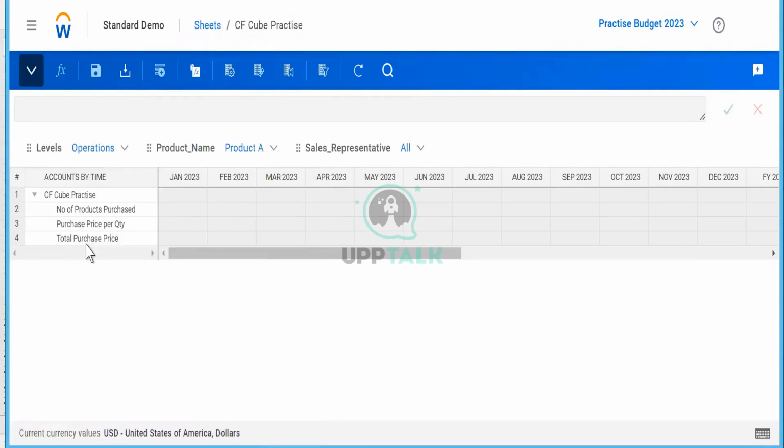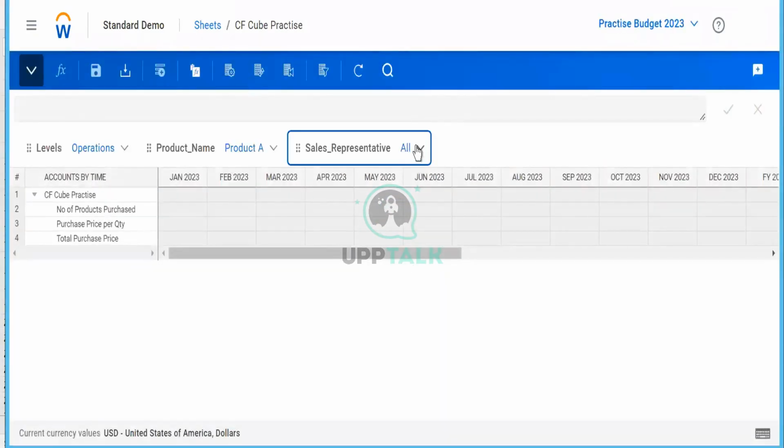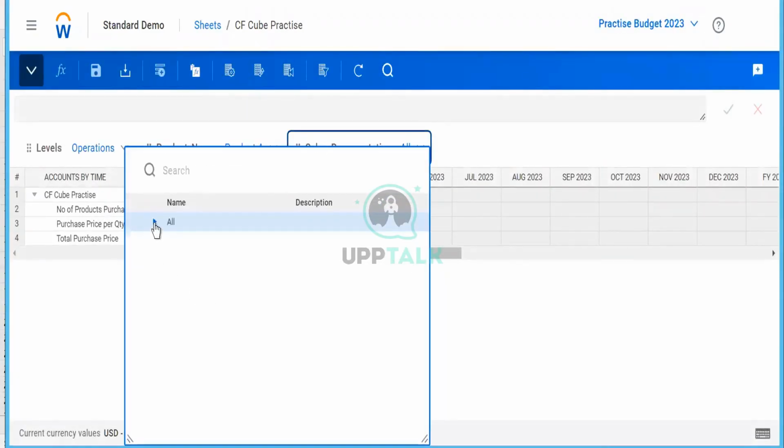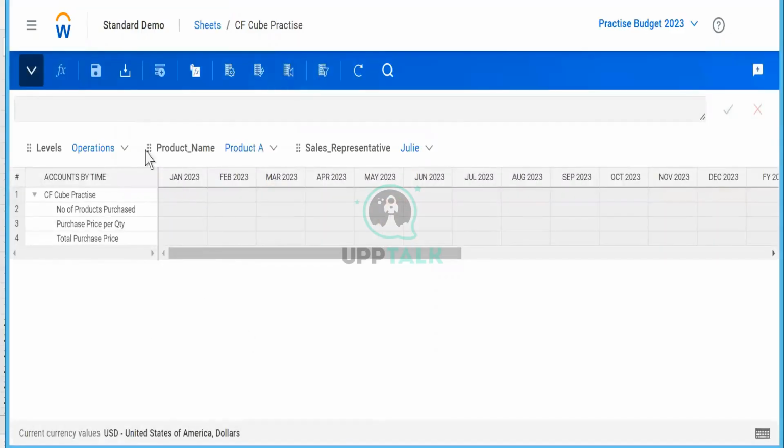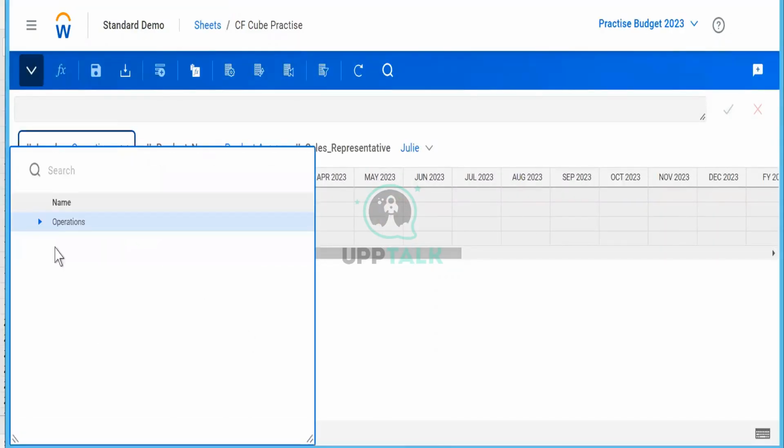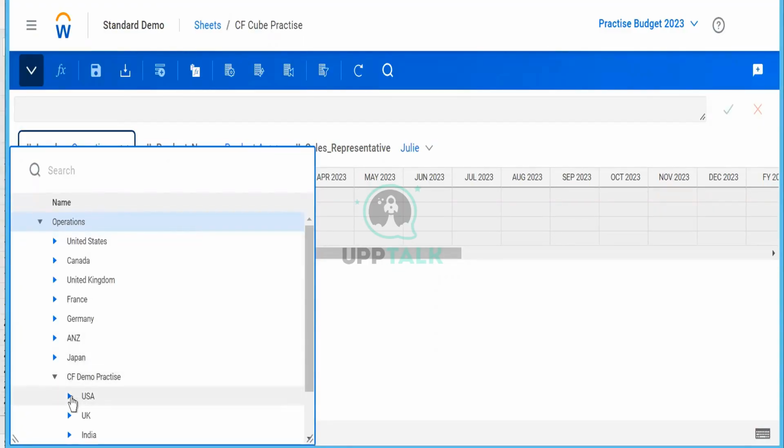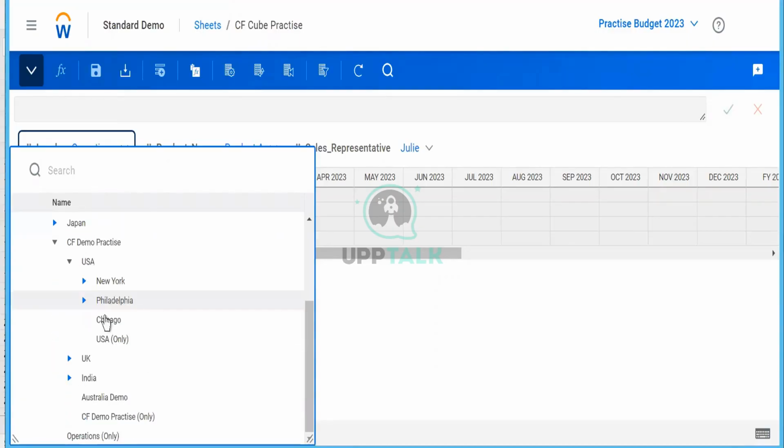Let's go in product, for example, and let's say the product was sold by Julie. Let's go inside Julie here because this is the lowest level. No, not yet. We want to see which store it is. Let's say user Julie is working inside New York for store number 106.